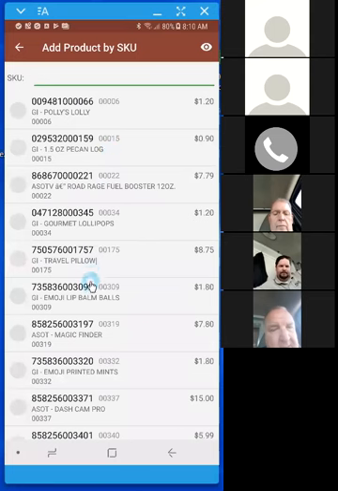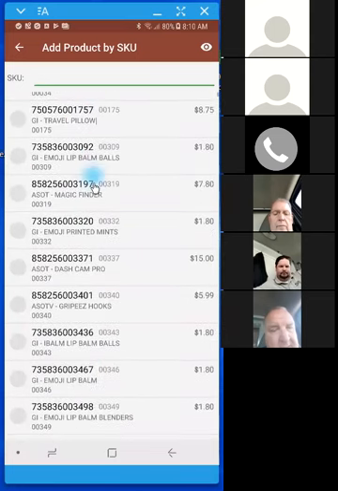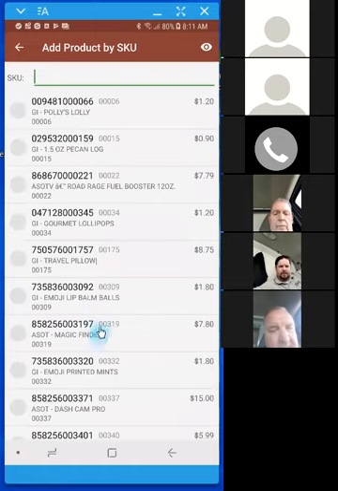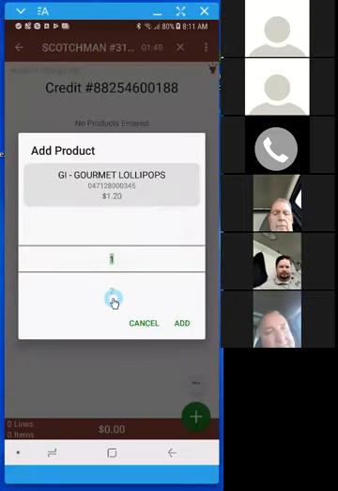So we're going to hit that top one, and it brings up what you have in your inventory that should be available for credit, okay? Now, again, you can use it by the number, or you can scroll down and just pick an item. We're just going to pick an item, the top item, and we're going to punch it up. And we're going to return these lollipops. We got one that's going back. We can just do that. We can scroll down, and you can do it that way. Or if you do a long press, it'll actually bring up a 10 key to where you can enter in more. But we're just going to say we got 4, hit add,